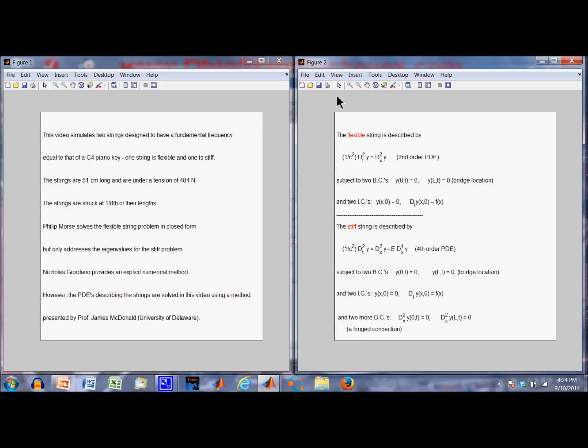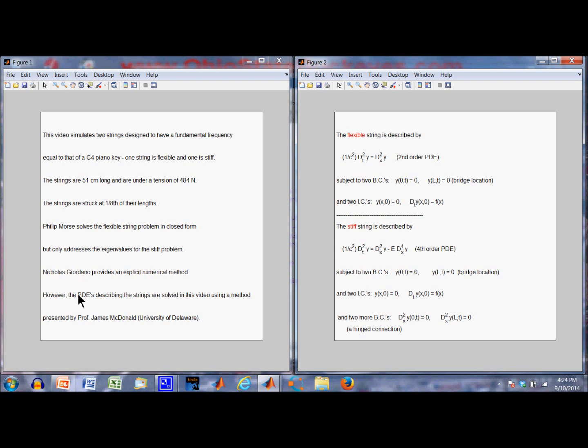Hello, we're going to take a look at two strings, one stiff and one flexible, and they are designed to be similar to that of a piano string on the C4 note in the piano. The strings are struck by a hammer at 1/8 of their lengths,